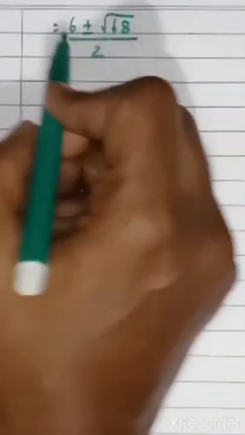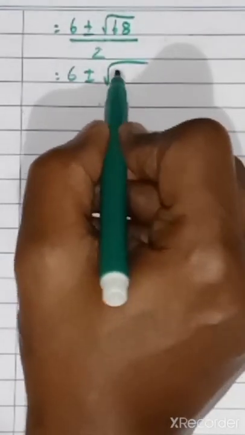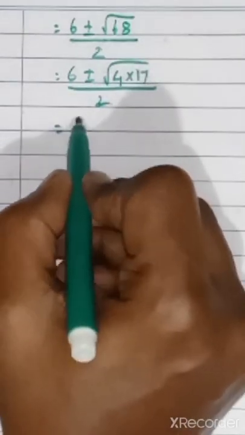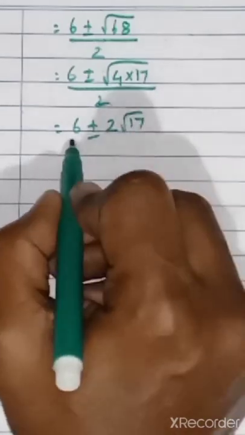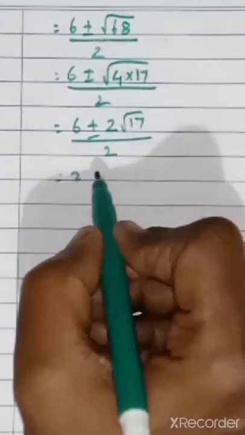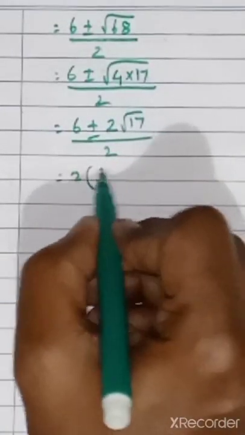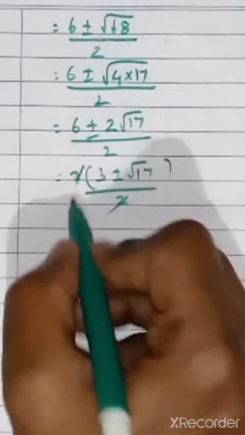So again if you simplify that, you will get (2 plus 6 plus root 68) by 2. Again 68 you have to split. So how can we do it? 6 plus or minus root of 4 into 17. In the 68, 4 into 17 we can split. So again 6 plus or minus root of 4 is 2, root 17 by 2. Again if we take the number 2 common, you will get 3 plus or minus root 17 by 2. Correct? So this 2 will get cancelled.